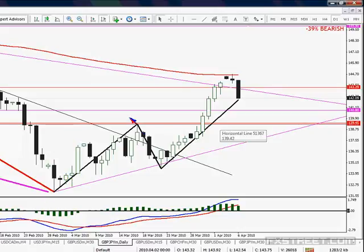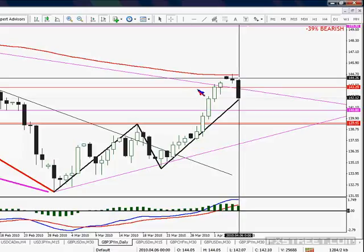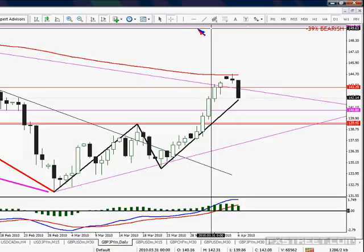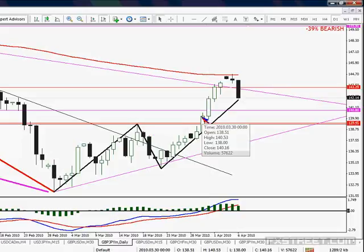Okay, 5 waves here, retracement. I think we were somewhere around here last Tuesday. If I'm not mistaken, we were around, hold on, today, 1. Okay, I think we were around here. The trend line was broken and the horizontal level was broken as well. Yep, it was exactly here, 30th of March,